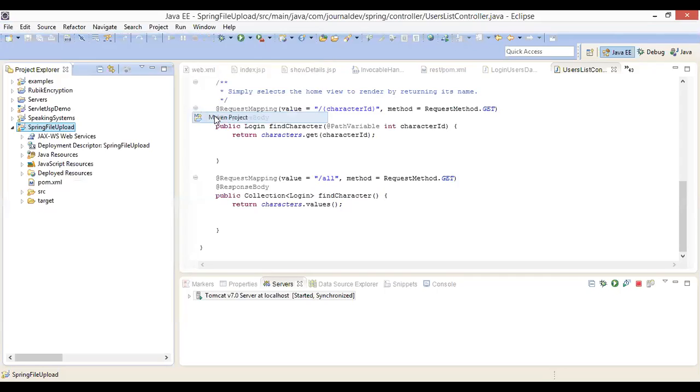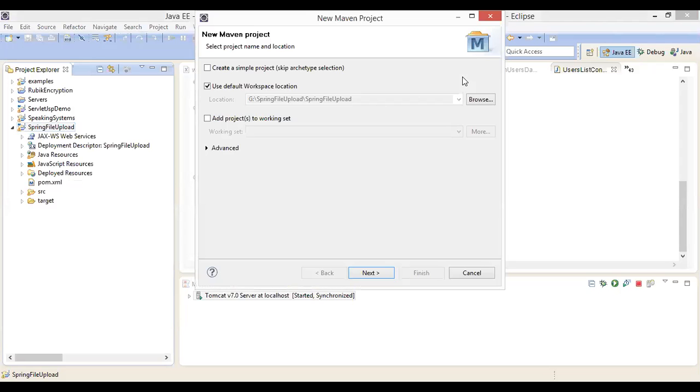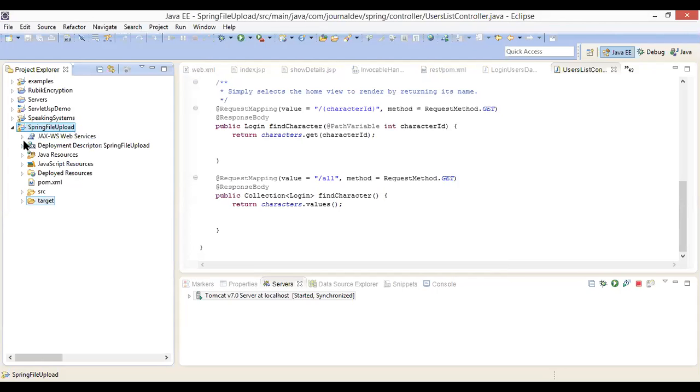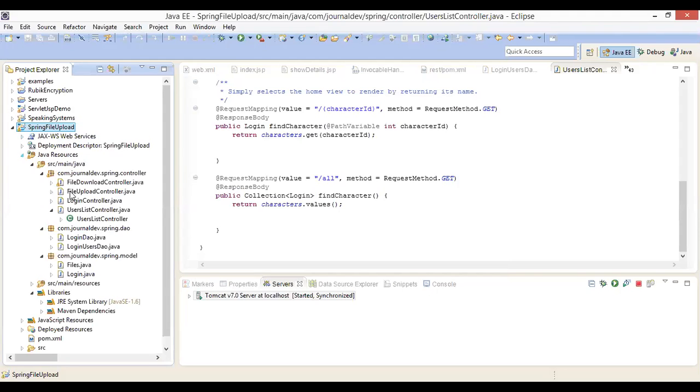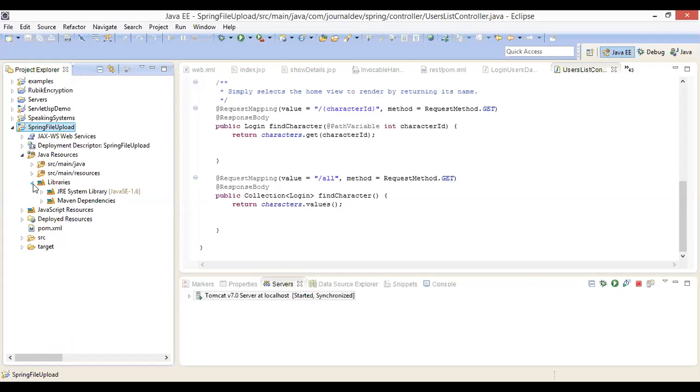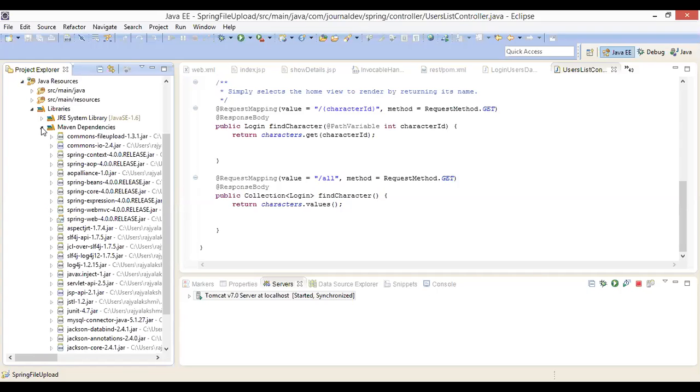When you open this Maven project and create something like this using the wizard, you will get an architecture like this. You will have these components. JAX-WS Web Services, one thing you will get, and a deployment descriptor, you will get it here. And the Java resources, in this only you will create a package. In that package, you will write all your Java files and the libraries of the Maven.